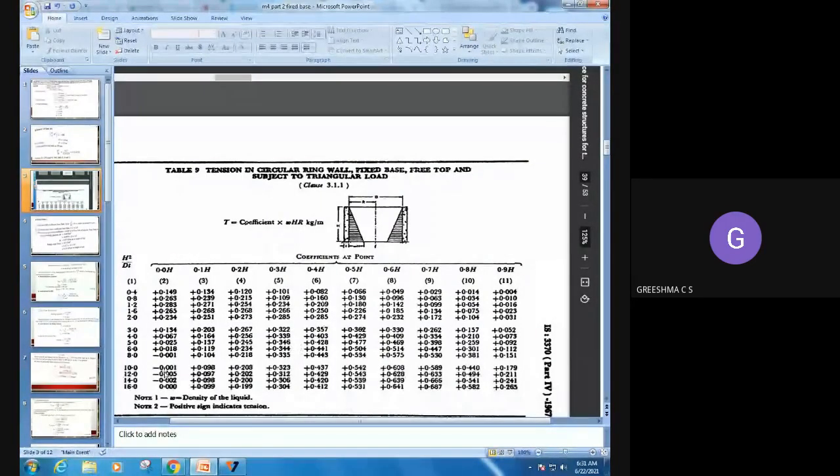So see, where you are having the maximum tension for h square by dt. If h square by dt is varying, the maximum tension will be around 0.7h, that is 0.687. See here, take 0.687 for h square by dt, and then look for where the largest value comes correspondingly. So you can see the maximum value is arriving at 0.7h. Approximately we can say the maximum value will be at 0.7h from the top, that is 0.687.